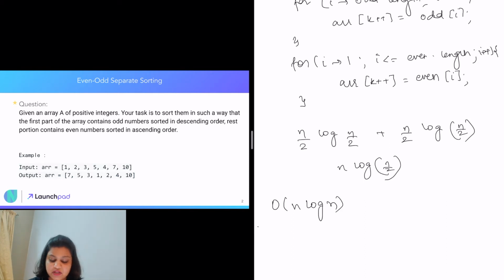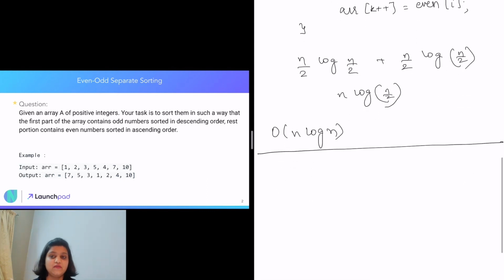So our time complexity will be order of n log n in this particular scenario. Only issue is we are using the sorting function two times. Now another approach that we can solve this problem with will work only in case there are only positive integers, because we are going to tweak the input in a way that if we have a mix of positive and negative integers, it will not work. But in this scenario, we are given that these are positive integers, so we can tweak our input.